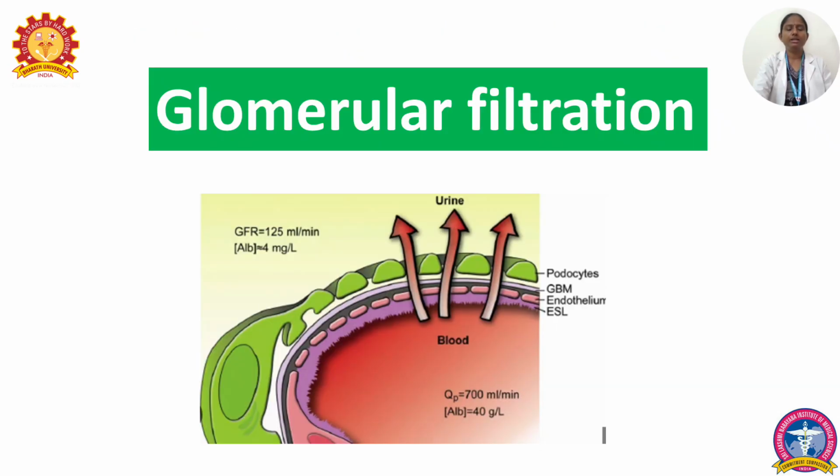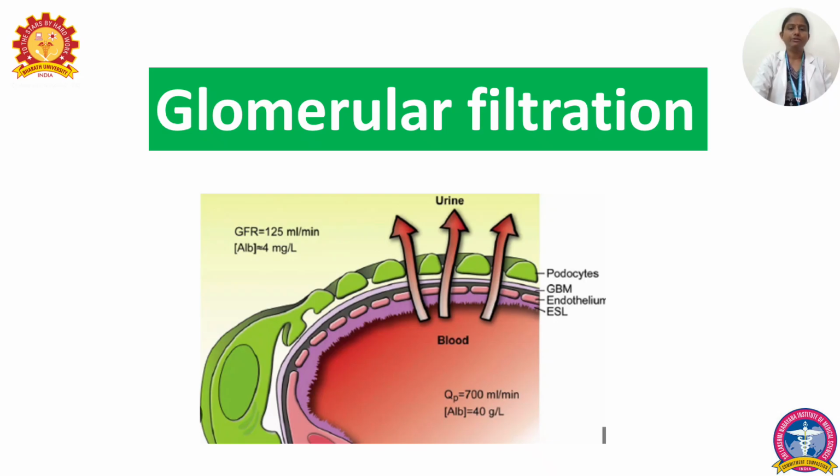Today, we'll be dealing with a physiology lecture topic, which is glomerular filtration rate. Before going into the glomerular filtration rate topic as it is, we should know what glomerular filtration is and what the barriers are through which this filtration process is happening. There are three important layers of glomerular filtration which we should be aware of before going into the process of filtration rate. These filtration barriers are formed mainly by the glomerular capillary membrane and also by the